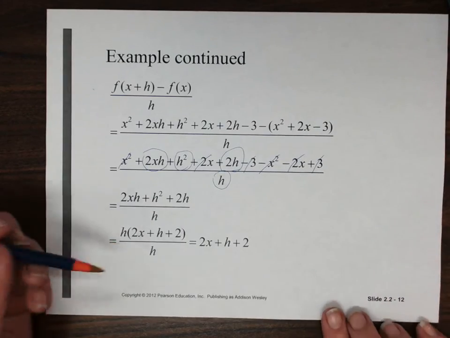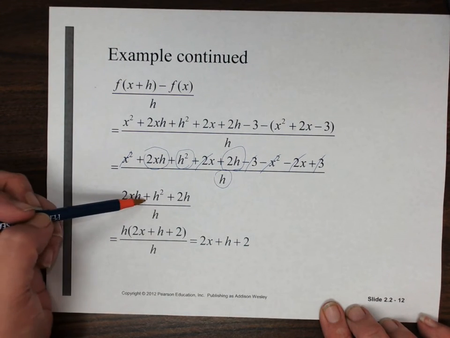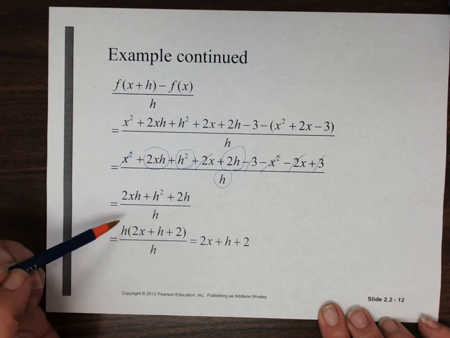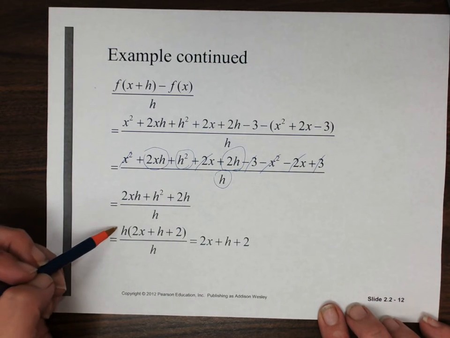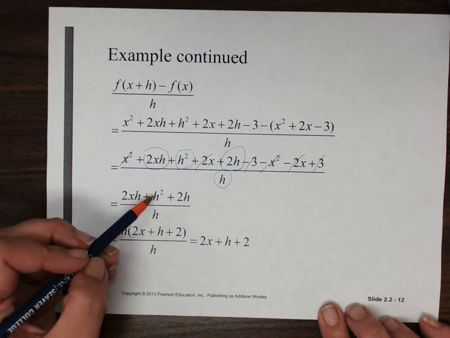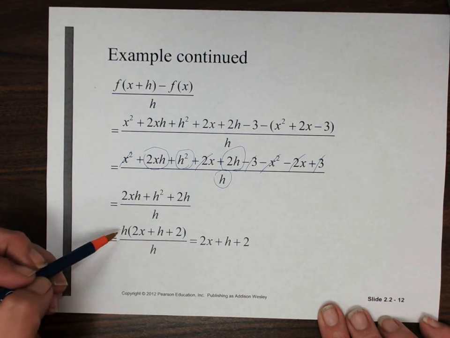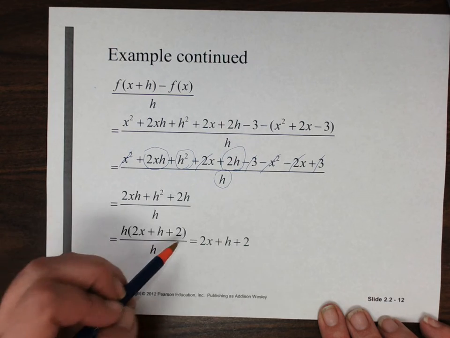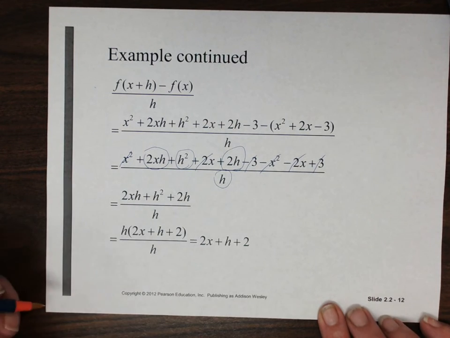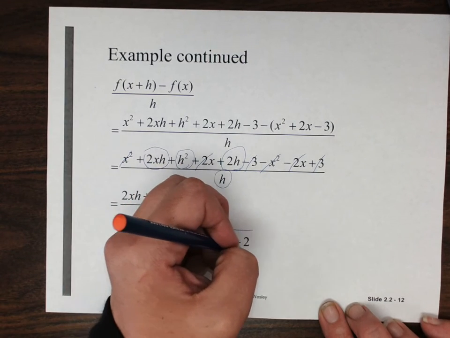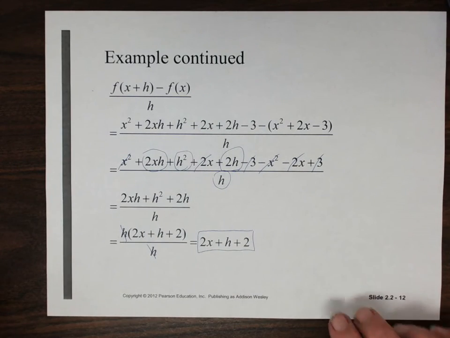We've got just terms that are left with h values in them. And since I can see an h here and an h in every one of these, then I know that I can definitely factor an h out of this expression, right? That's what's happened here. They factored out one h from that. And we ended up with h times 2x plus h plus 2 over h. And then, of course, these h's can cancel, so we get a final difference quotient of 2x plus h plus